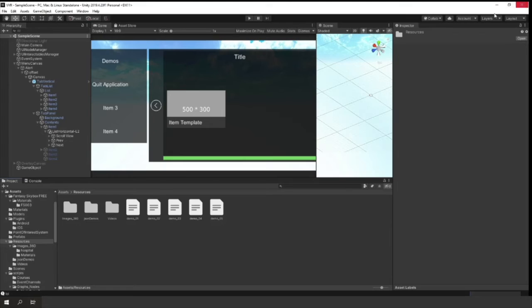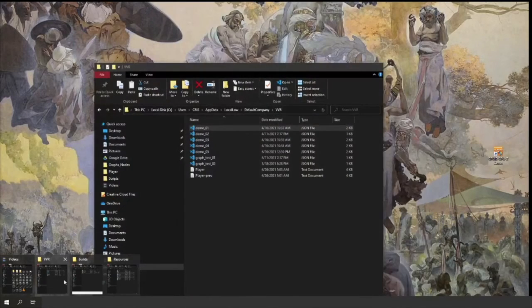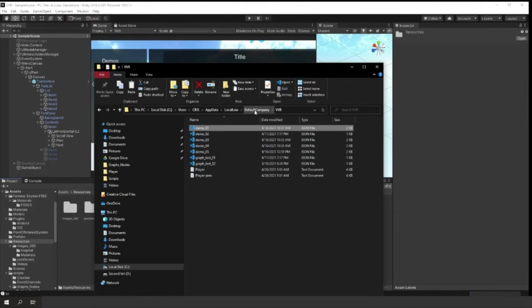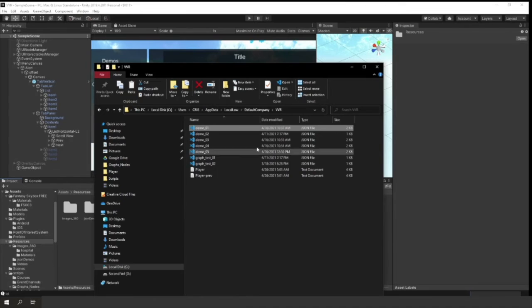But for now it's just fine. It's just called DefaultCompany. If you were to change it to some other name, that would be in this place, right? And then the project. So I copy those from resources down to here, right? And this is what is known as the persistent data path. There's a link to it in the Unity documentation, and basically this is just, at the current state, a